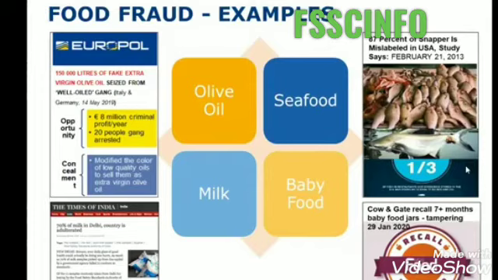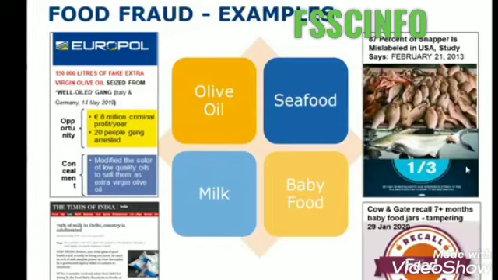And due to this, a gang of 20 people was arrested, comprising German and Italian people who were running this big food fraud in the market, selling the product as extra virgin olive oil, because this is one of the expensive types of product within the European market. So what type of fraud were they doing? They were doing concealment, as I have in my definition. Why concealment? They were adding an additive which improves the color of the oil and gives the appearance of extra virgin olive oil. So this is one type of food fraud.